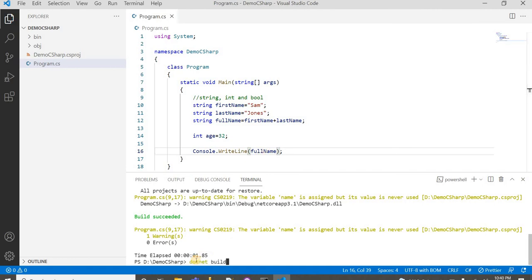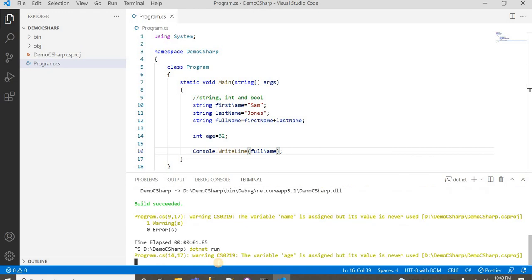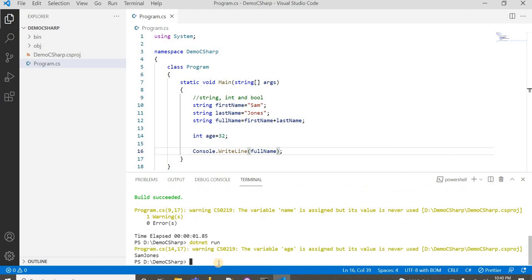I will run it again. To run it, just press here, type dotnet run and press enter. See here, it printed Sam Jones, but there is no space. To put this space, we will concatenate one more string here.